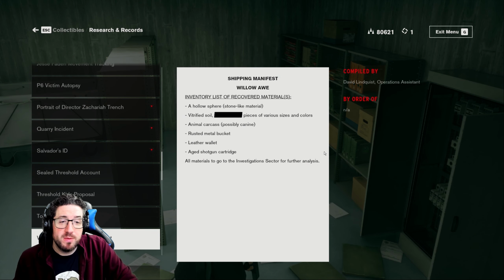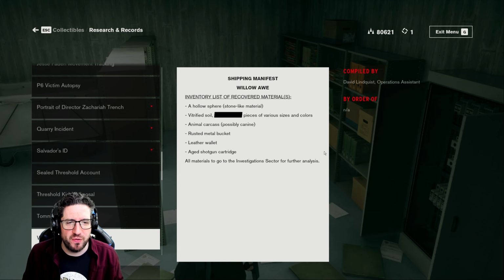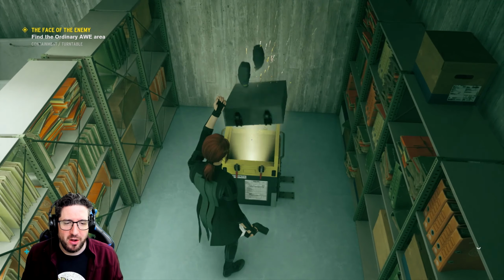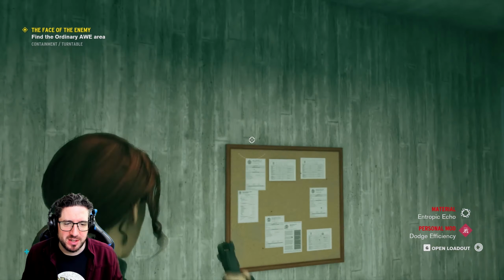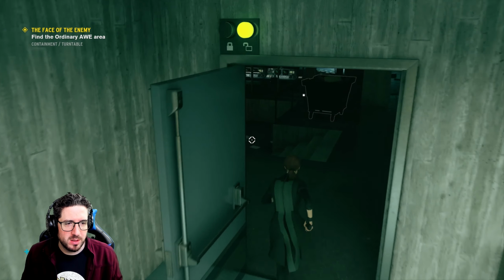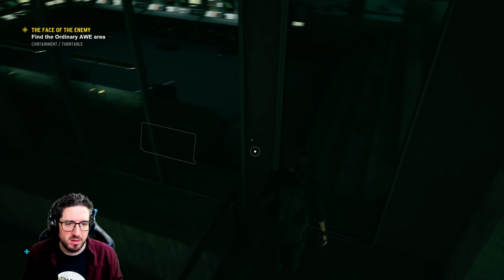A hollow sphere, stone-like material. Vitrified soil, pieces of various sizes and colours. Animal carcass, possibly canine. Rusted metal bucket, leather wallet, aged shotgun cartridge. All materials to go to the investigation sector for further analysis. I feel like these are references to other games or other...